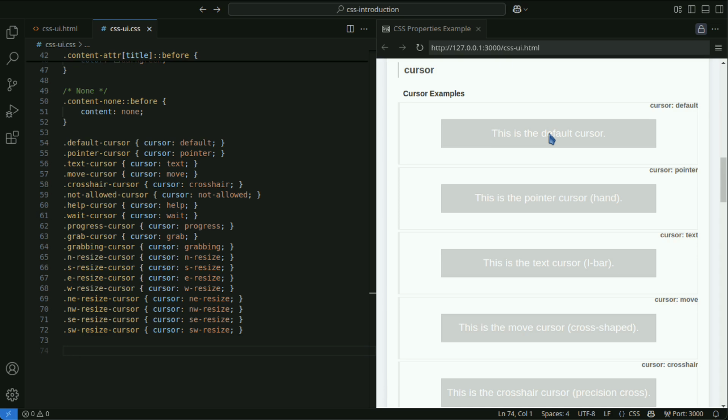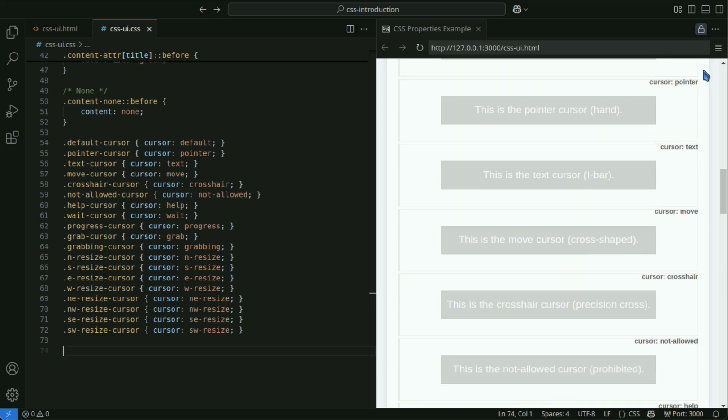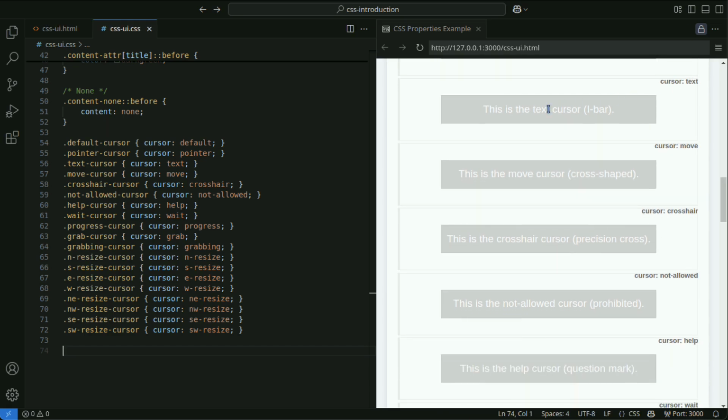Default is the normal arrow cursor, the browser's default cursor. Pointer is a hand-shaped cursor displayed when placed over a link. Text is an I-beam cursor displayed in areas where text can be selected.